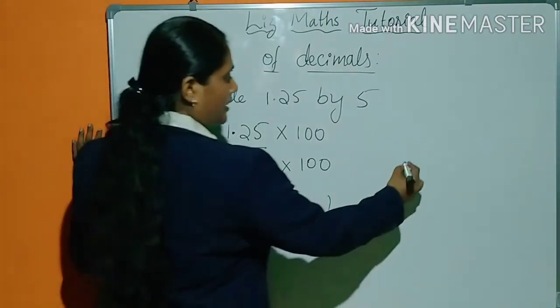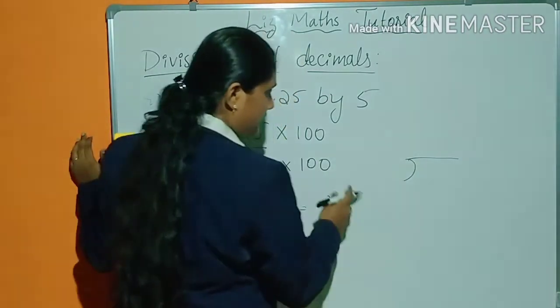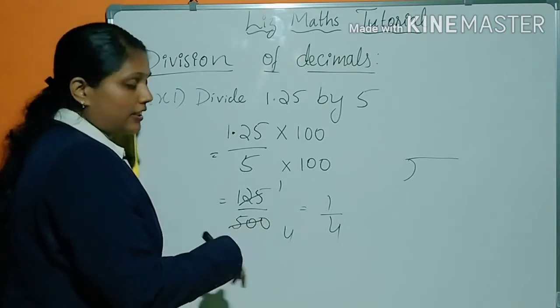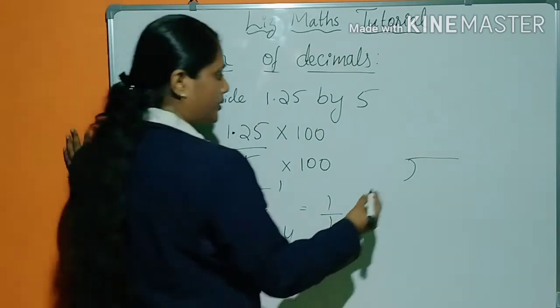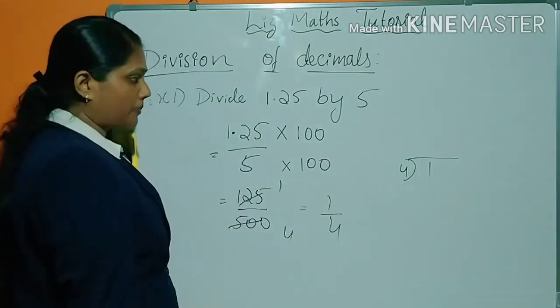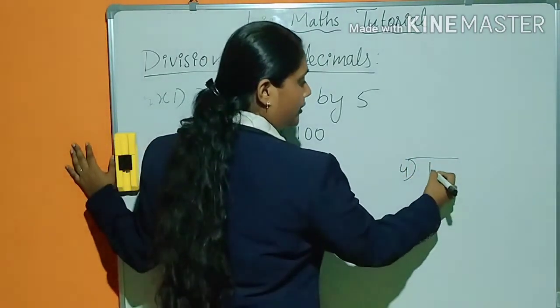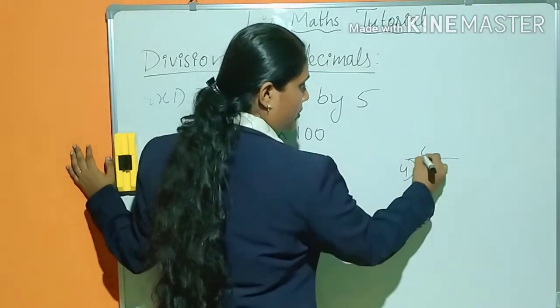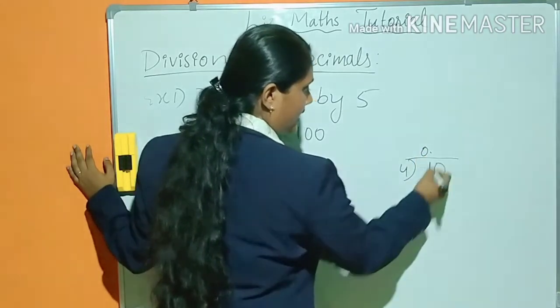Go for that. You know that we have done, this is a fraction number. When you are converting it to a decimal, what you have to do? You have to go for the division method. So 4, whether it will go with 1? No. So you have to take 0 point and you can take here 0.